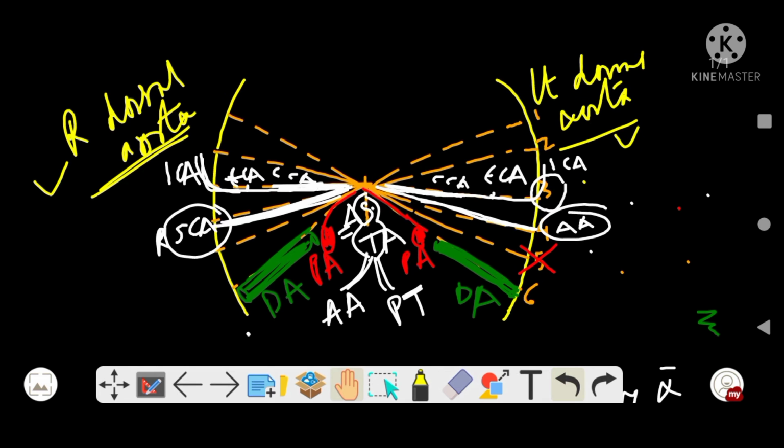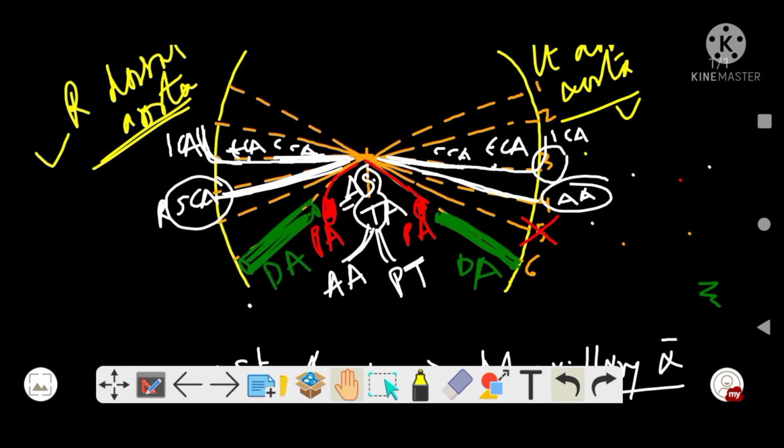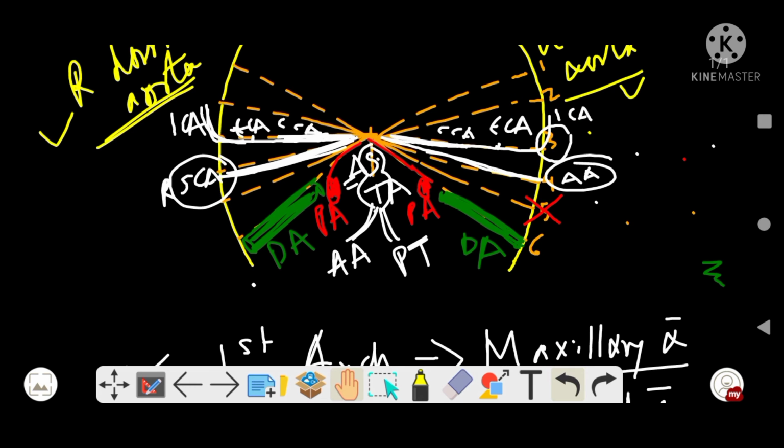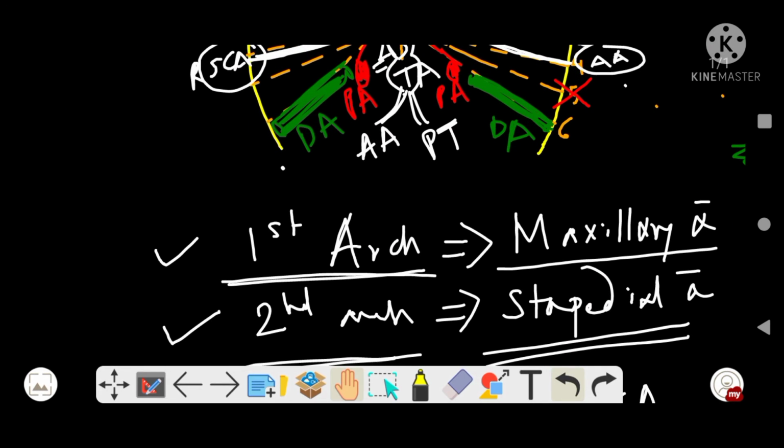Fifth is gone. Okay. From the sixth arch artery, the proximal part develops the pulmonary artery, and the distal part of the sixth arch artery gives the ductus arteriosus. Finish, both sides. Now the diagram gets completed in the middle portion with the aortic sac, right, and the truncus arteriosus giving the ascending aorta and pulmonary trunk. That we will